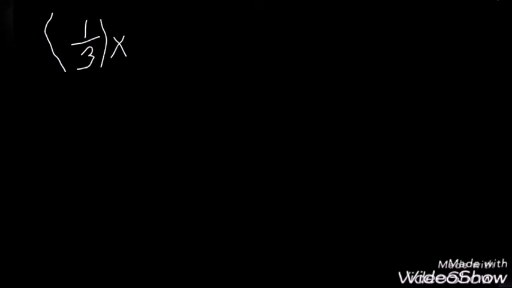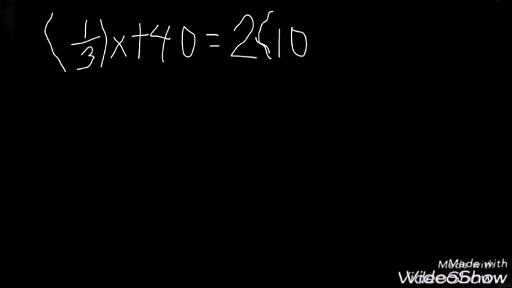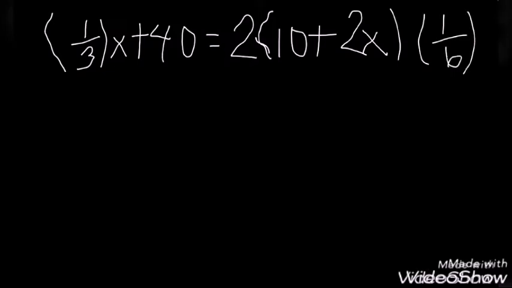1/3 x plus 40 equals 2 open parenthesis 10 plus 2x close parenthesis 1/6 minus 10. So in order to solve this equation, we're going to first clear the fractions by getting the